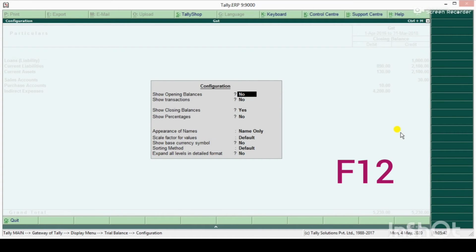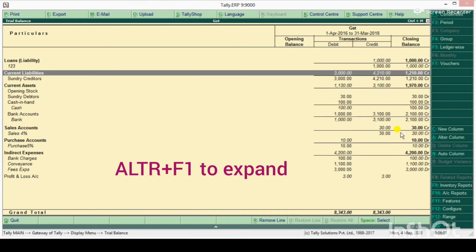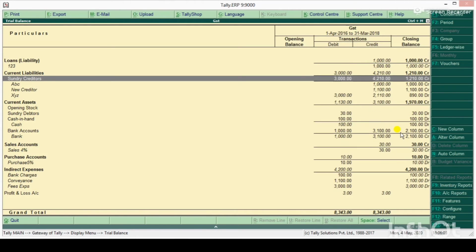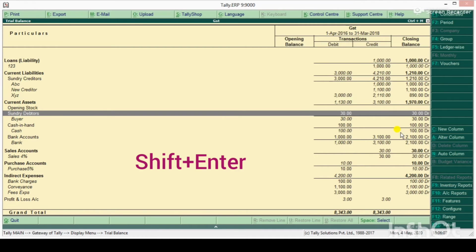Here I have to press yes, because if I don't press yes, then it will show only closing balance and not transactions during the year. And here I will give expand yes, so all will be expanded. Then I have to press Alt F1, so all detail will come except creditor and debtor, that I have to do manually by pressing shift enter.